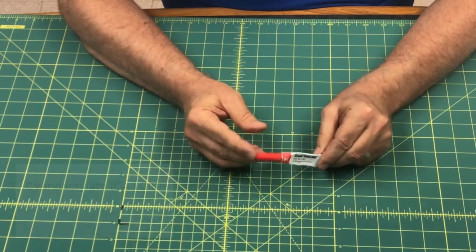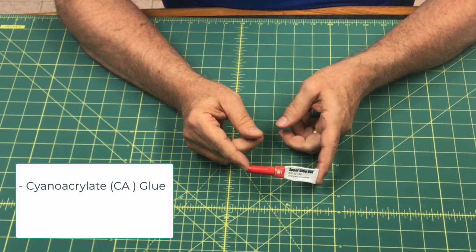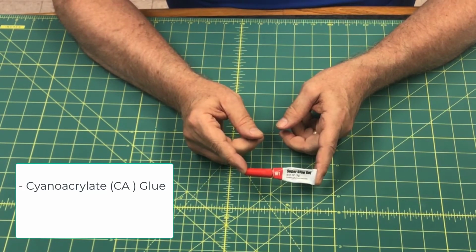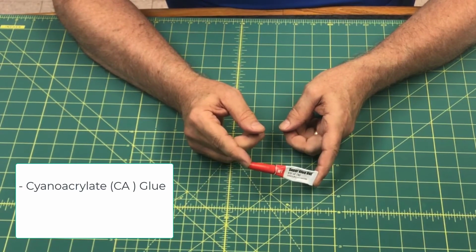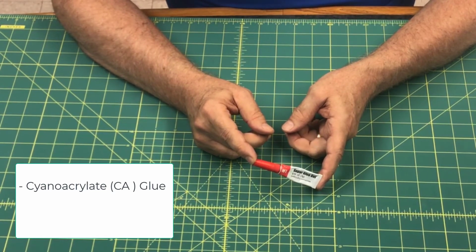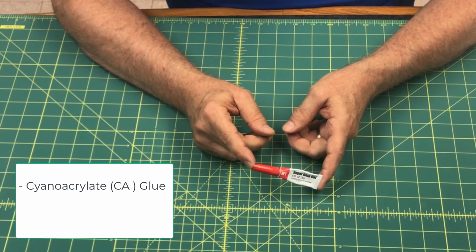We'll also be using this cyanoacrylate glue. That's a hard word to say, so we usually just call this CA glue. You'll probably most commonly know this as super glue, but that's actually a specific brand name of CA glue. This is a really good glue for specific purposes, but it's also pretty hazardous, so we only want to use